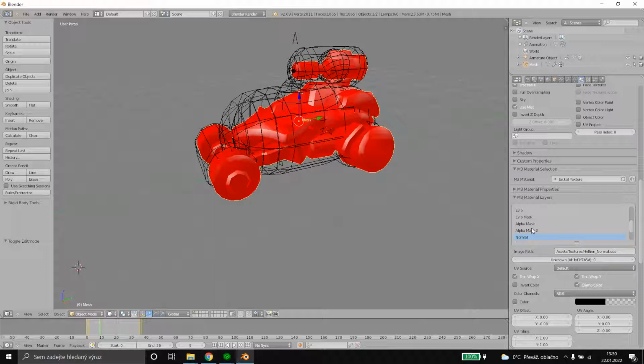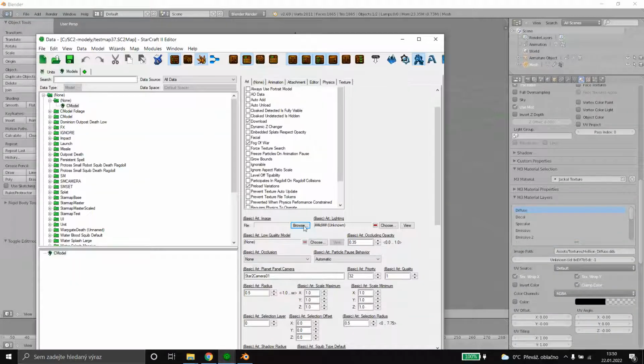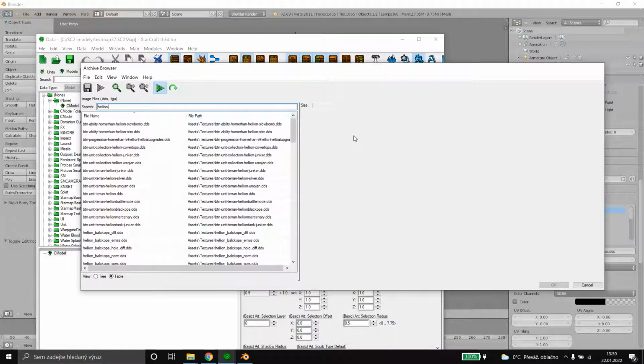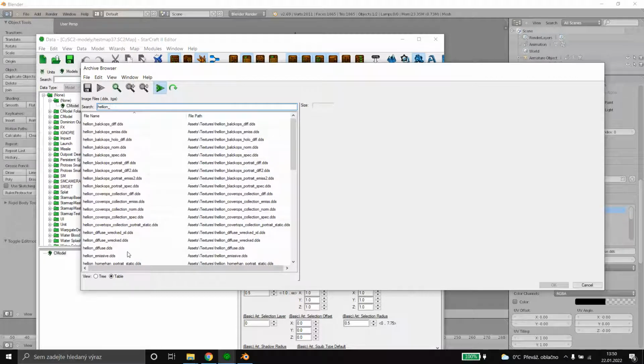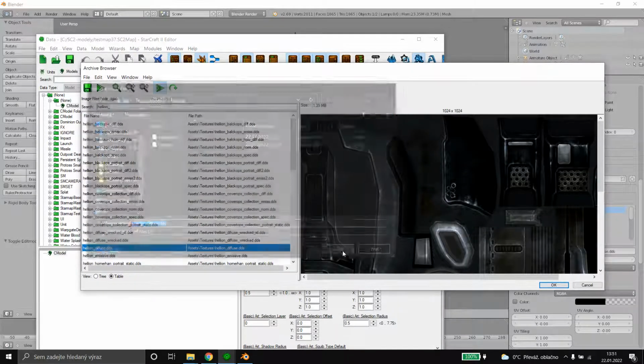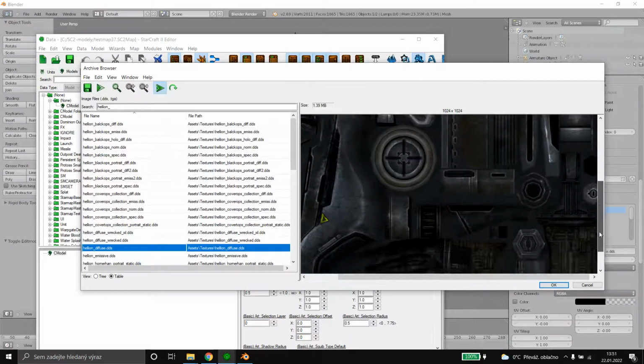I don't know how to really explain it well, but it's some kind of surface, something like that. So now we see that this one is Helion Diffuse, so we will go here and find it. This one, and that's the texture we need,